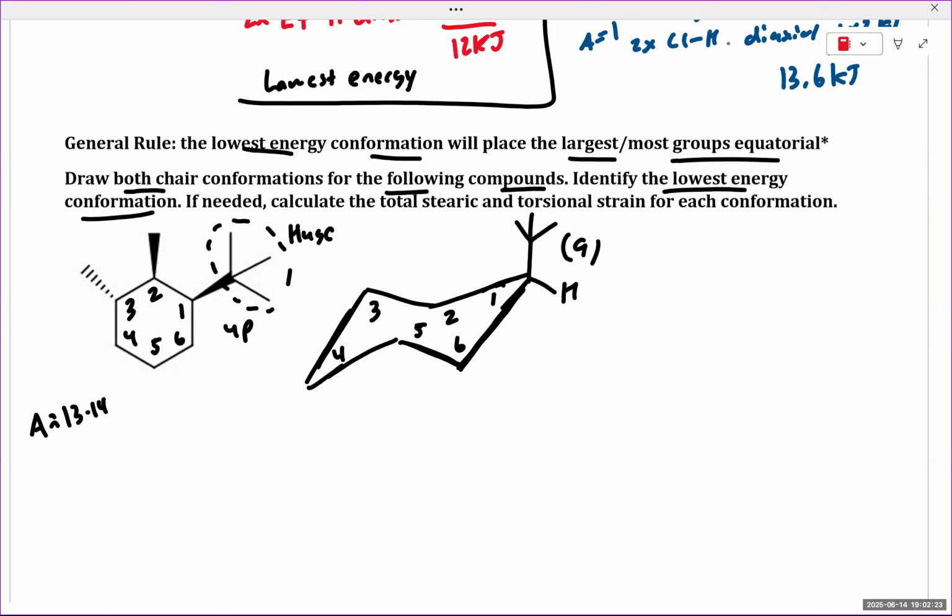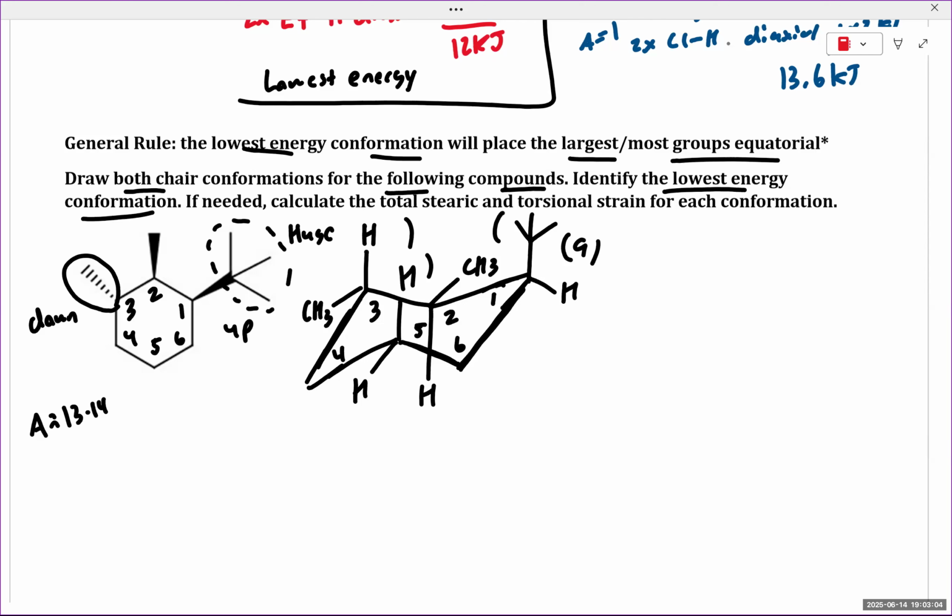axial. Carbon 2 has a methyl group, which is pointing up, which means it's in the equatorial position. Let me draw this a little more pronounced. Carbon 3 has a methyl group, which is pointing down because it's dashed. Now, without doing any calculations, this tert-butyl group, we're not going to place that axial. That's way too much strain. This tert-butyl group just bumps into everything. This tert-butyl group is huge, and you don't want to place these large, bulky groups axial if you can help